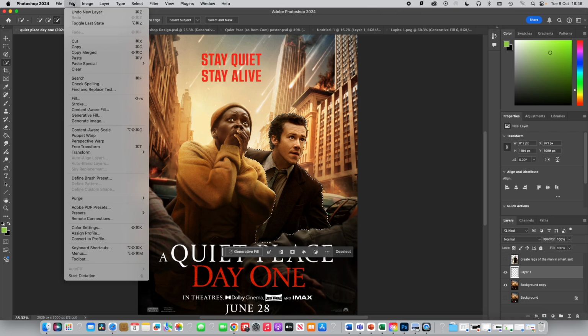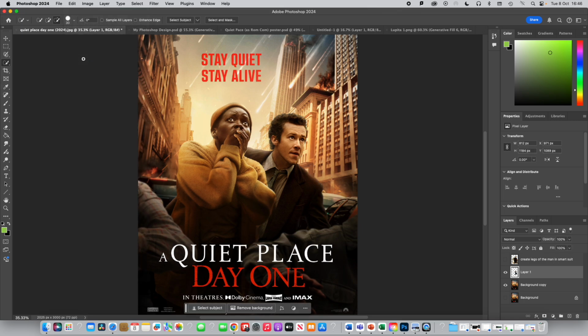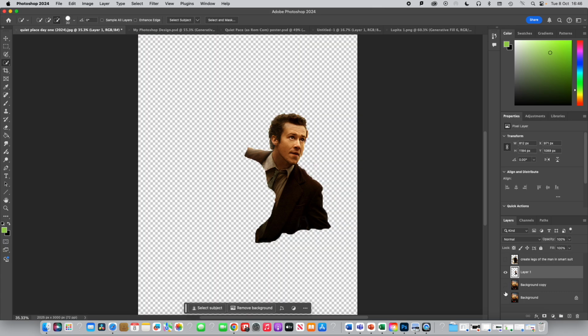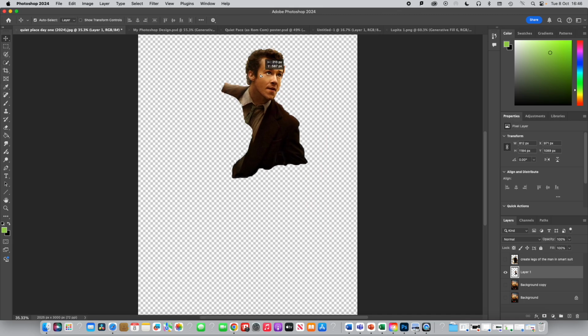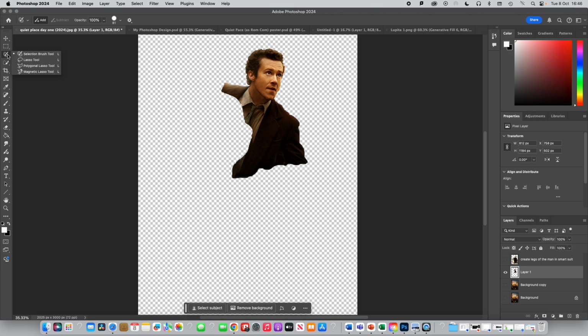So I just click on paste, and there it is. It looks exactly the same, but if I get rid of my background layer, you'll see I've just got his image. And what I'm going to do is go back to my selection tool and just move it a little bit further up. And I'm going to use my generative fill to actually create my